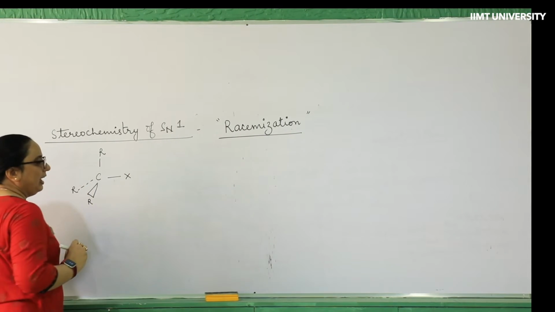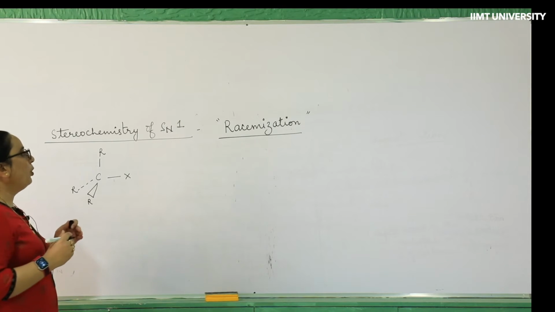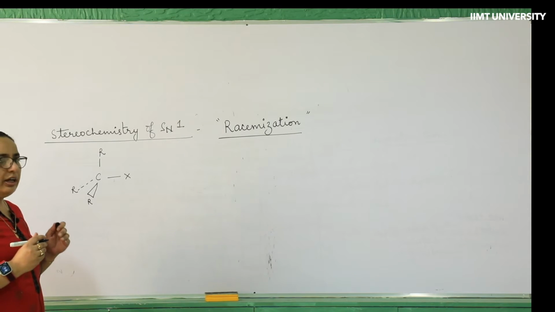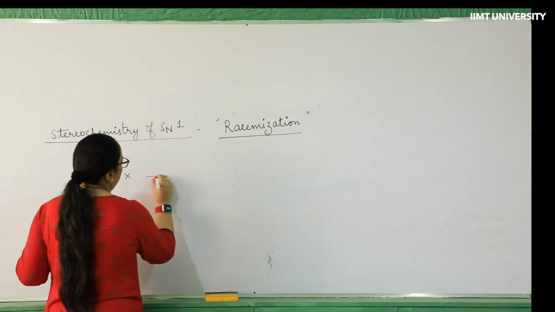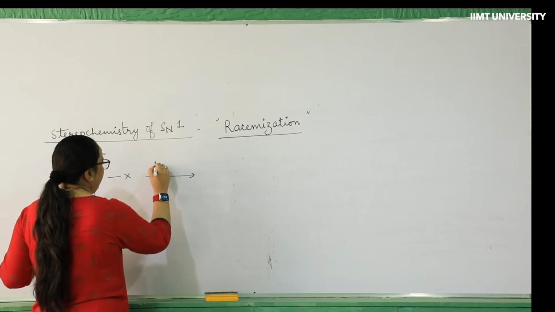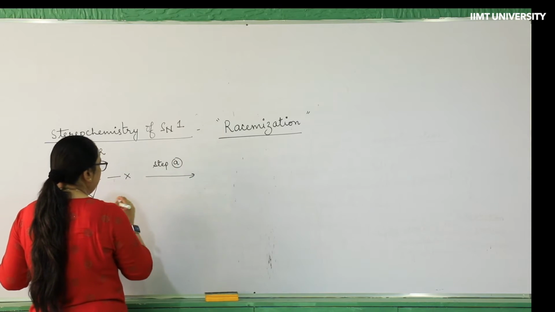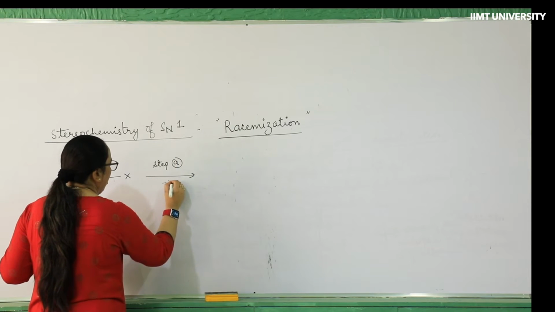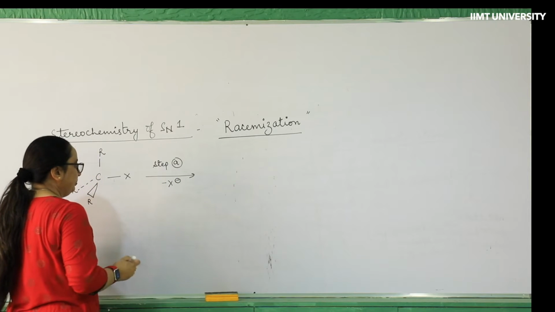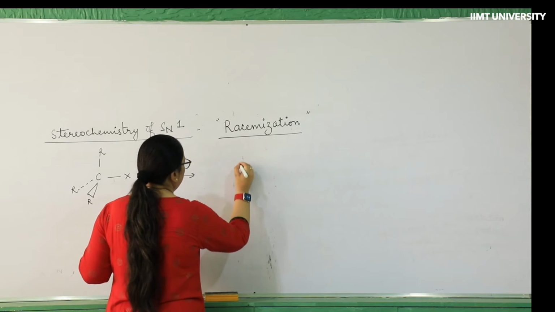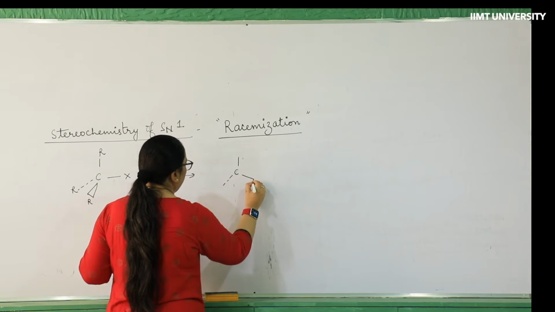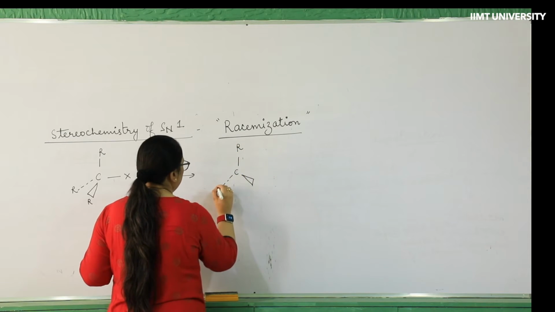This is the alkyl halide which is undergoing the SN1 reaction. As we have discussed in step 1 of the mechanism, there is the removal of the halide. So there is the formation of carbonium ion